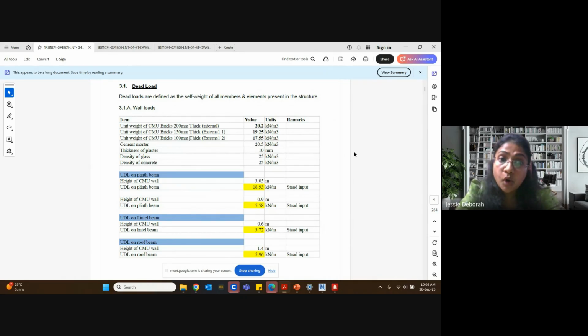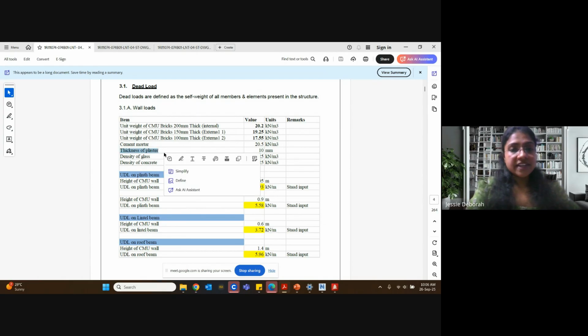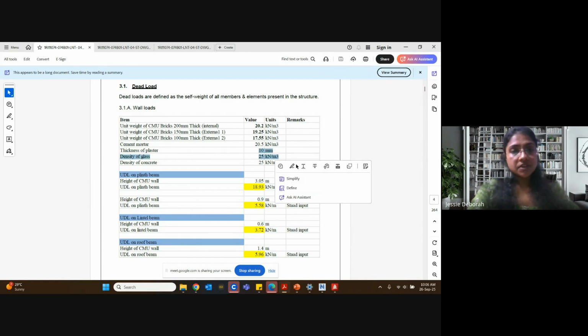Okay, then mortar, cement mortar. Then plastering, two types of plastering we will be using. One is 15 mm thick for external plastering, 12 mm thick for internal plastering. For outside there are a lot of external forces, internal plastering can be less. But for the structure to withstand all the external rain and such situations, we are actually providing a thicker plastering. Okay, but here on the conservative side they have taken 10 mm plastering only.